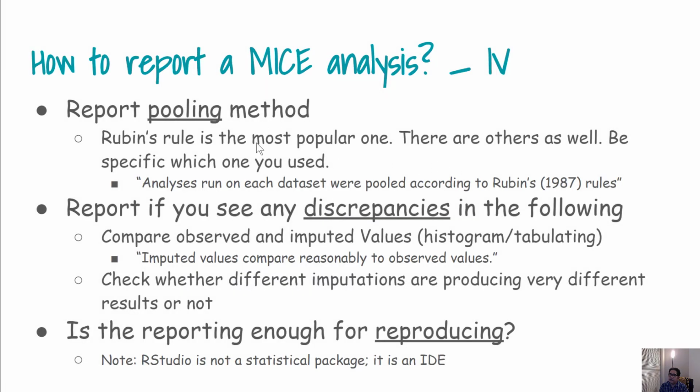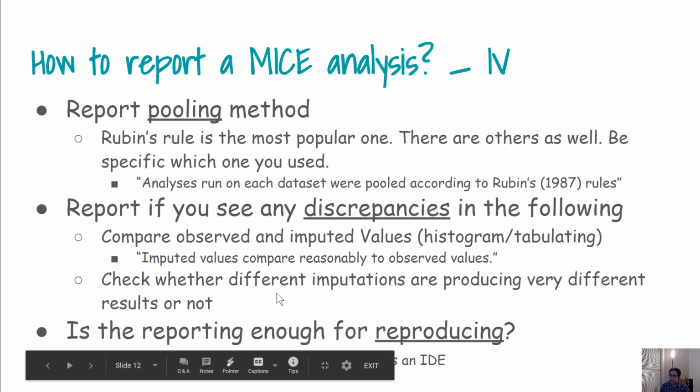You have to report which pooling method you are using. Usually people use Rubin's rule, and then you have to report if you see any discrepancy of the observed value versus the imputed value. Usually people draw histogram or density plots for this. Also, it is a very good idea to report whether